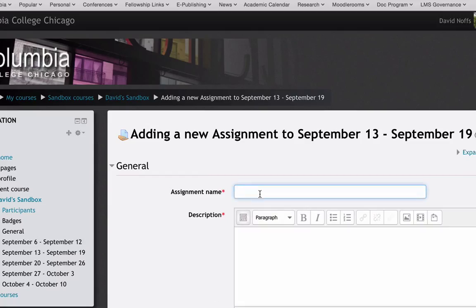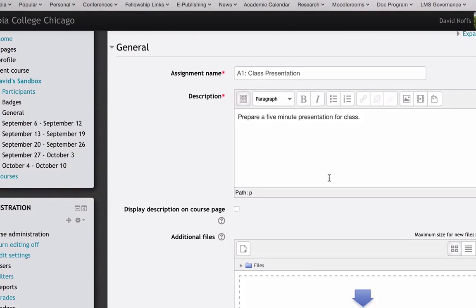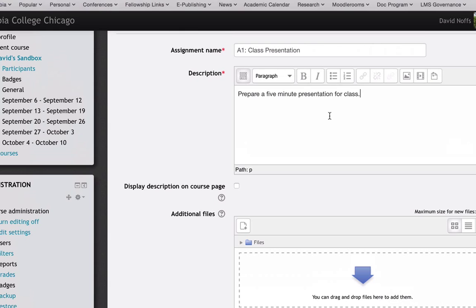I'm going to give my assignment a name. I'll call it A1, Assignment 1, and I'll say Class Presentation. So I'm just making up an assignment here and I'll say prepare a 5-minute presentation for class. Very vague, but I'm going to leave it that way. As you'll see, I'm going to give the students lots of options for what a 5-minute presentation for class could be, just for the purposes of this